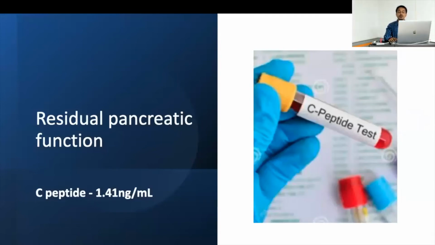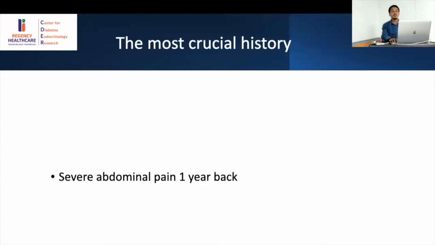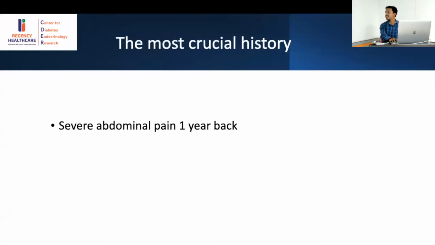The C-peptide was 1.4 nanograms per ml. So according to the algorithm we just saw, to differentiate LADA and MODY at this point of time, we need to do a GAD antibody. So did we do a GAD antibody, or we found anything else at this point of time which changed the course of our thinking? The most crucial history which we came to know was that the child had severe abdominal